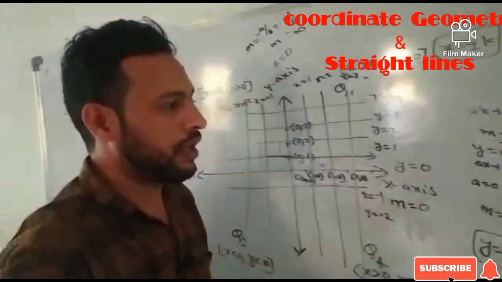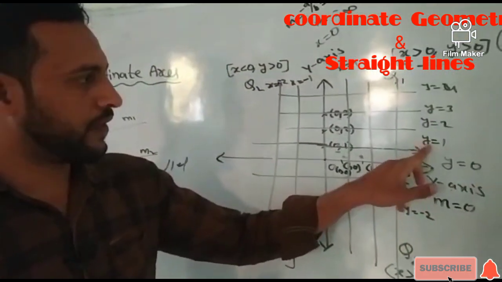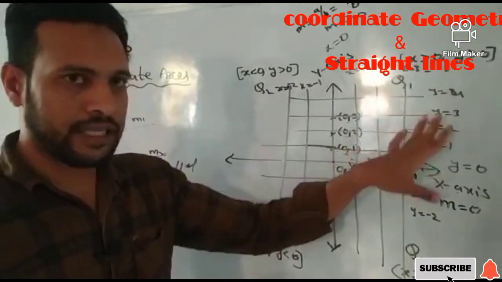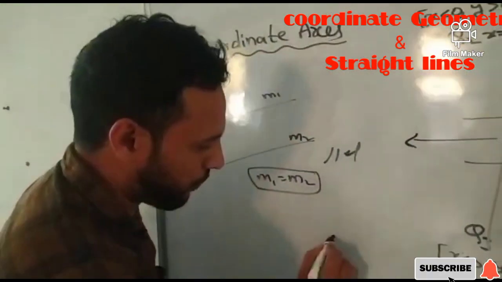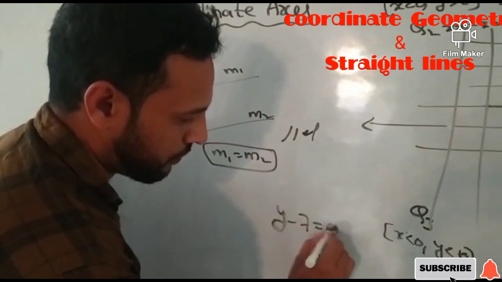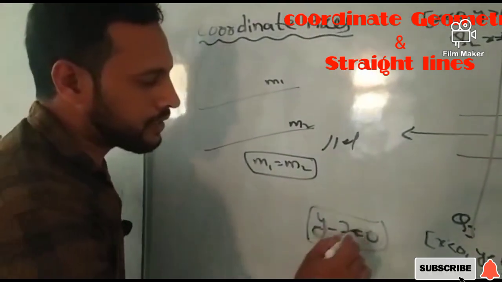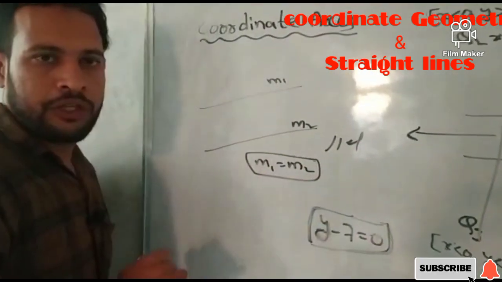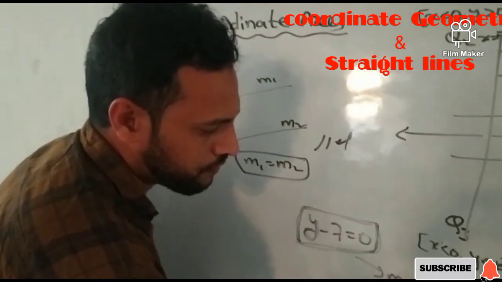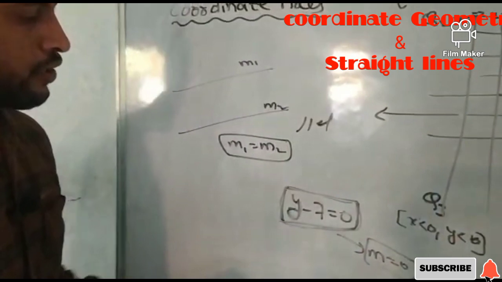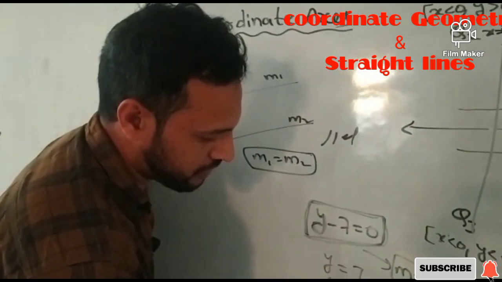Okay, so now see here, I have already given the lines y is equal to 1, y is equal to minus 2; these are lines which are parallel to x-axis. I have one question here. y minus 7 is equal to 0 is an equation of a line. What is the slope of this particular line? You can say that the slope is m is equal to 0. How? By using that concept, this line is in the form of y is equal to 7, that is y is equal to k.